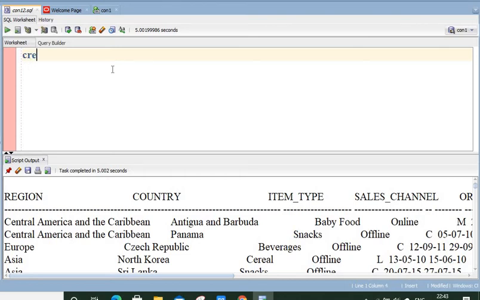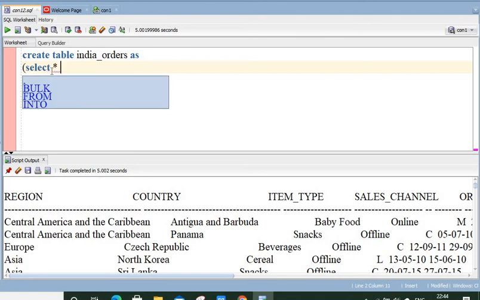So we have the create command to create any table. Then let us say the new table to be created is India orders. Then copy the data from this existing table. We need to use AS with the select command, and then we need to give the select command in an appropriate way so that we are able to select only those records which we want to copy into this new table, that is India orders.